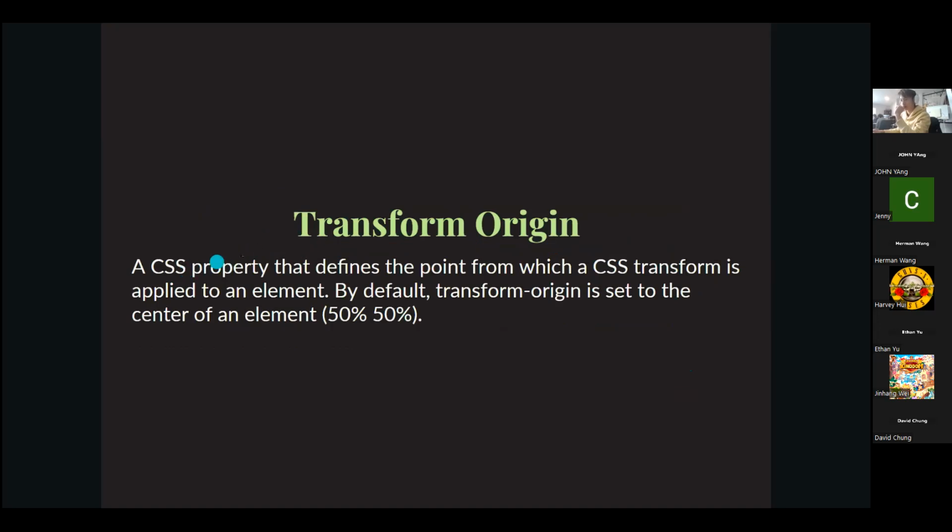And then transform origin. Essentially, what you've seen until now has been transforming along an origin, because an origin is the point at which the transform will take place. Like in math, you should know that the origin is 0, 0, right? And when you're transforming something, it will always be relative to 0, 0. Okay, that didn't really make sense, but you'll get it. So, a CSS property that defines the point from which a CSS transform is aligned to an element. By default, transform origin is set to the center of the element, 50%, 50%. Like when we rotated that box earlier,